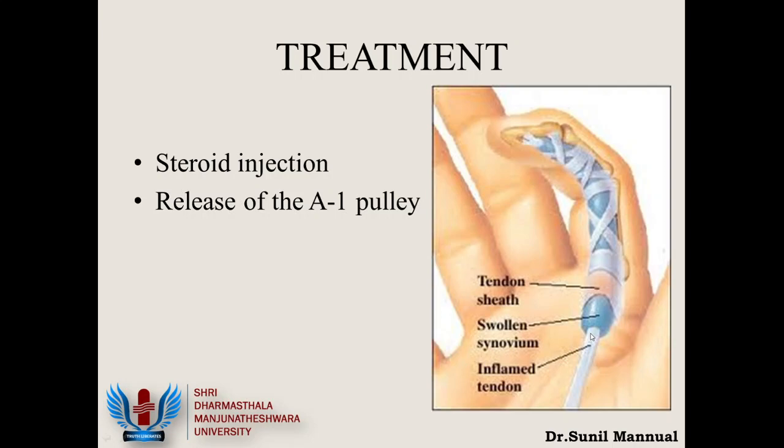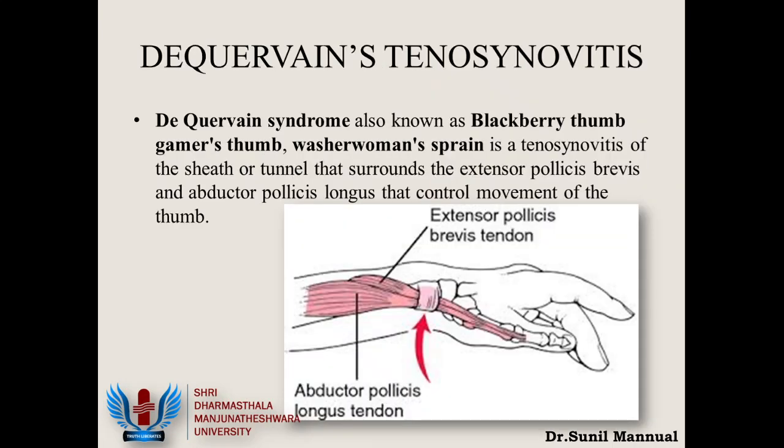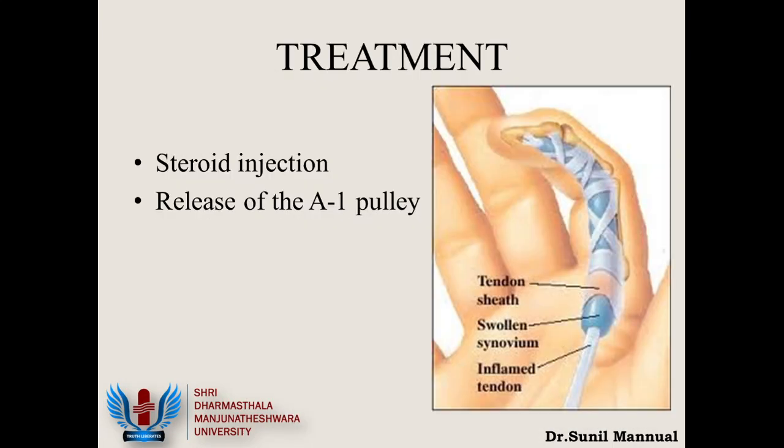Moving on to slide number 42. So here I have put the treatment. The first line of treatment would be medical management using some modalities, physiotherapy modalities, to reduce the inflammation. Sometimes what happens, patients come to us with an acute trigger finger. Usually there is an underlying inflammation of the A1 pulley. If there is an inflammation of the A1 pulley, it should resolve with anti-inflammatory medications and anti-inflammatory physiotherapy, in which case the triggering can reduce or may even disappear after treatment. So we would try a little bit of medical management.